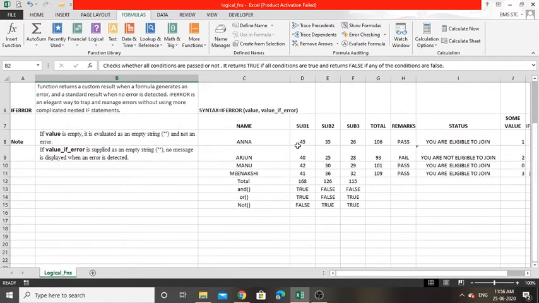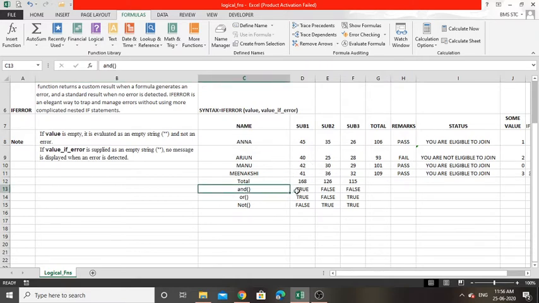Here I have created a table with name, subject 1, subject 2, subject 3, total, remarks, etc. And you can see the AND function here also. The AND operation that I performed here is on two values, comparing this total column along with this total column.